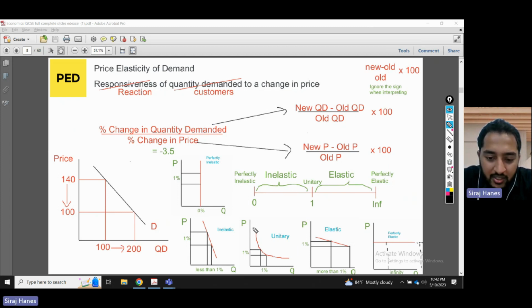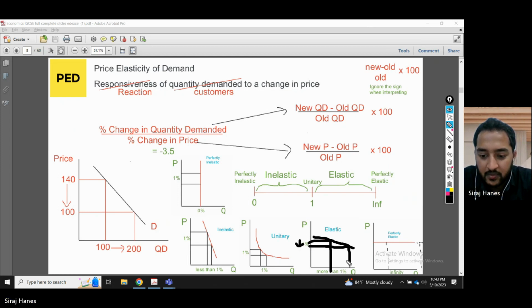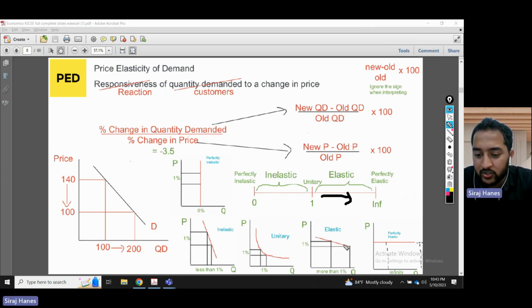So less than 1%, inelastic, like I said, below 1. Now, unitary, very difficult to draw exactly like this. So when we change our price by 1%, quantity changes by 1%. Look at the gap, same size, 1%, 1%. This is unitary, 1 exactly. Then we have elastic, which looks like this, guys. If we change our price by 1%, more than 1% of customers would change. More than 1%. Yeah, that's why it looks like this.